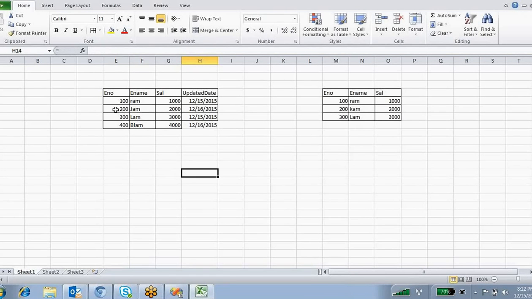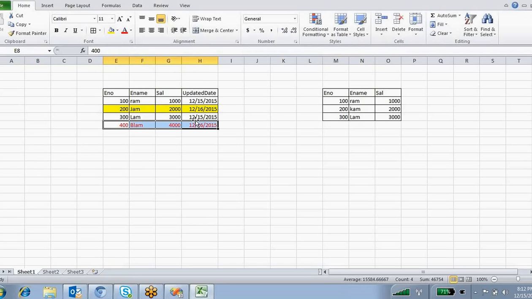What happened? One record is updated, his name from com to jam, and one more new record is coming. Got it? Yesterday you had three employees in your source system, that is your Excel, and you loaded three employees. Today again you are getting one more sheet. That sheet is updated with some employee name, and one more new employee is coming into your organization.